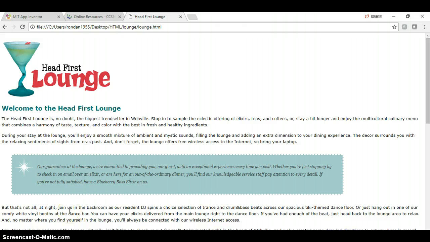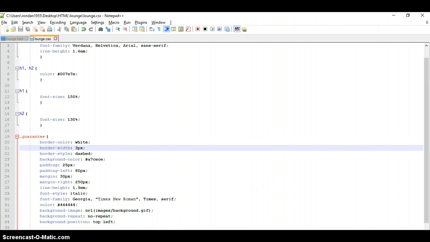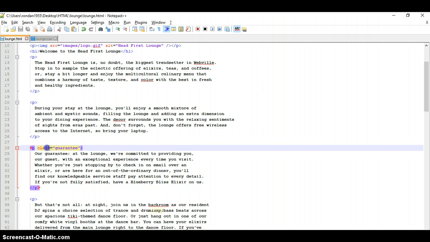And the last thing I'm going to do is, if I wanted to use this section of my page as an anchor, I would have to have it as an identifier. So I'm going to go back, and instead of making it a class, I'm going to make it an ID. So let's change this paragraph's class tag to P space ID equals guarantee. Okay, Control S,